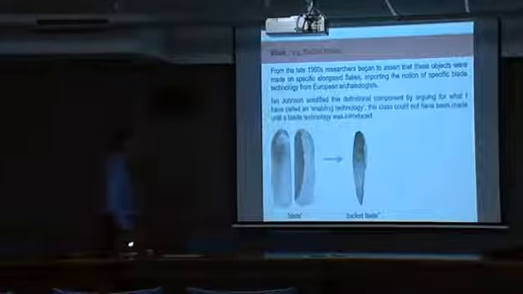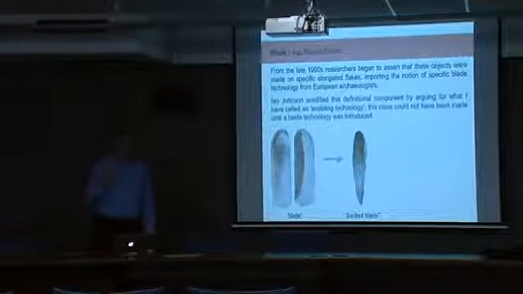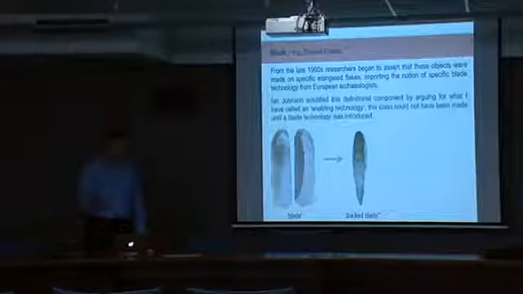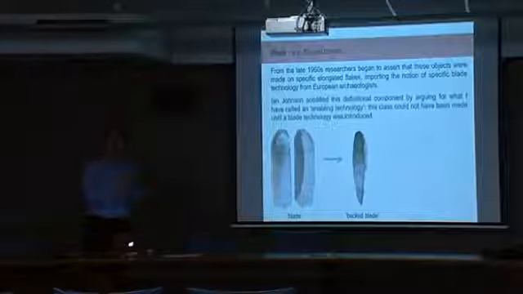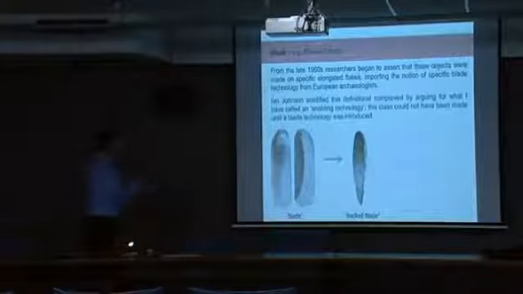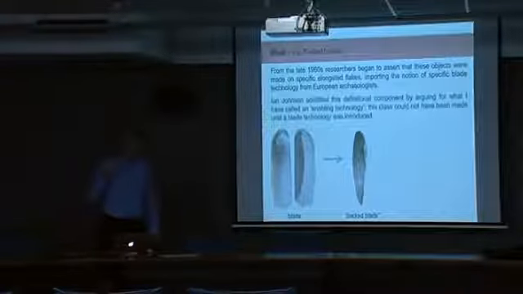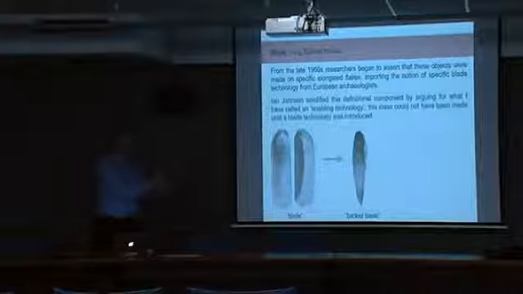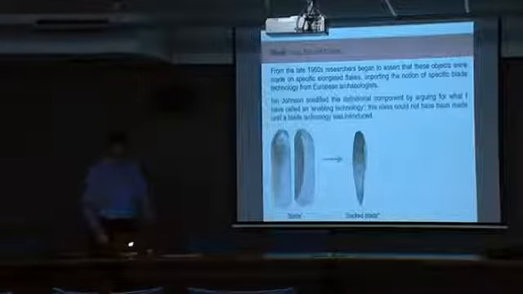From the 1960s onwards, people imported a concept that derived from Europe, that these backed, retouched, blunted items were made on a particular kind of blank, particularly the long bladey things, and this was offered as an explanation for why these objects appeared in the archaeological record at a certain point. There was an enabling technology. You couldn't make them without a blade technology, and as soon as you got a blade technology, you could then produce the blanks that would enable you to do them.